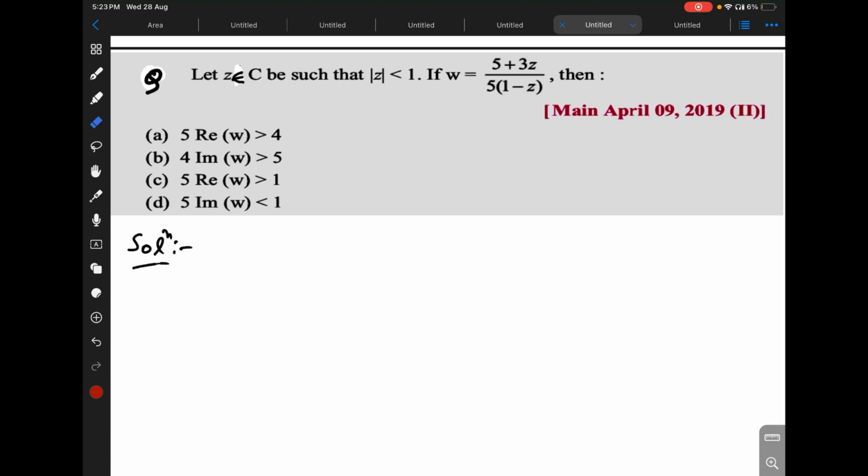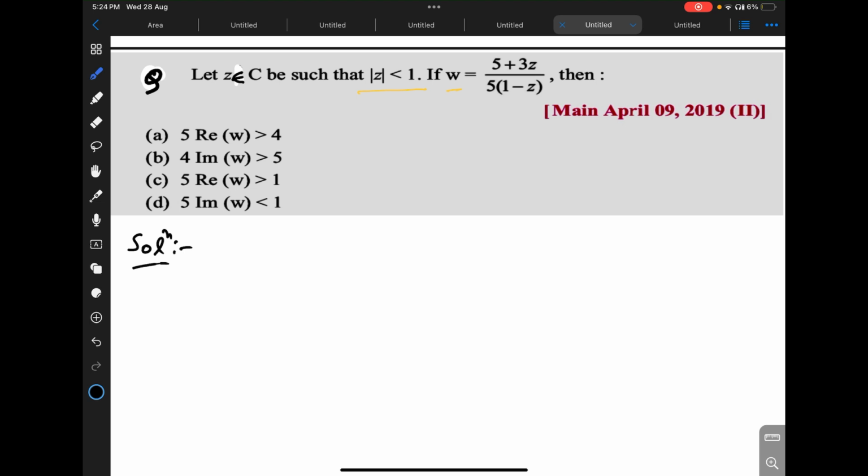Today we will discuss a problem from JEE 2029 Mains, a problem of complex numbers. Given a complex number z which satisfies the property that modulus of z is less than 1, and omega is another complex number of the form (5 + 3z) / (5(1 - z)), which of the following options is correct? Students,